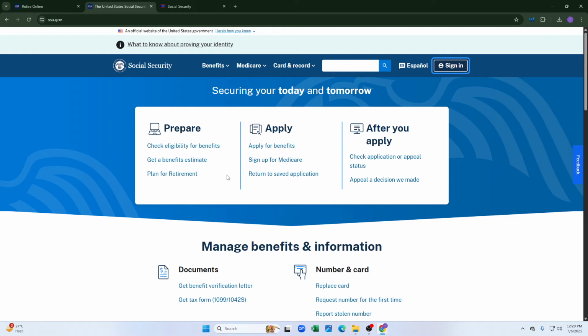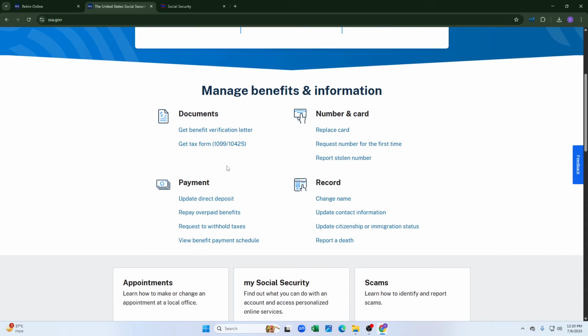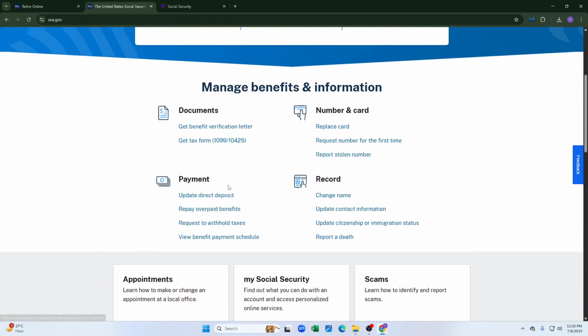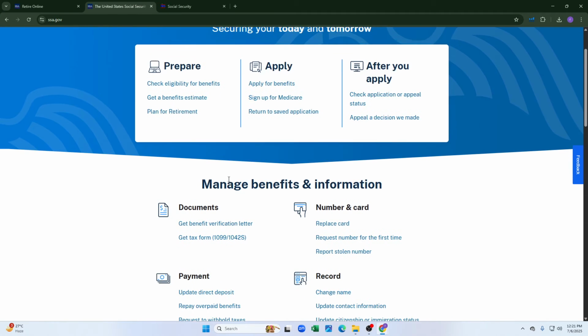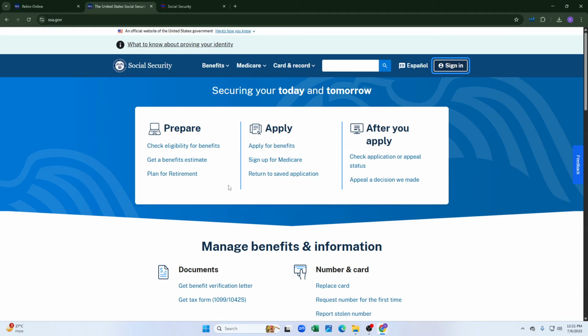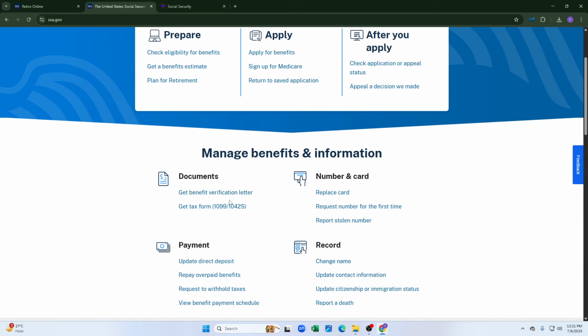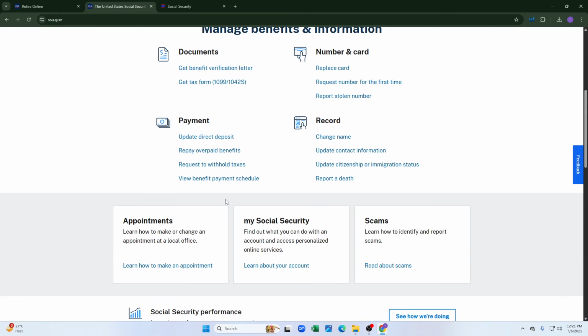And after login or sign up, once logged in, select the option to apply for retirement benefits. And after that, you have to provide the necessary information. The application will guide you through various sections, including personal information, work history, and banking details for direct deposit. And after that, you have to carefully review all the information you have entered and submit your application, and then